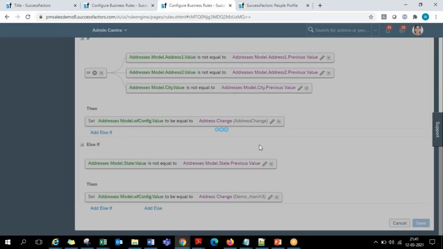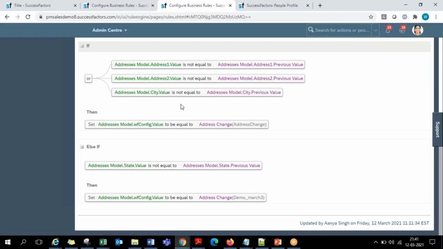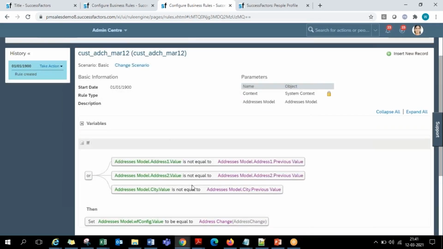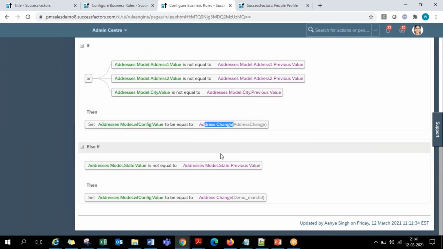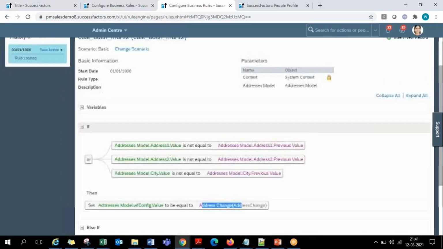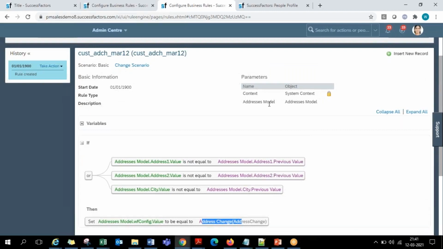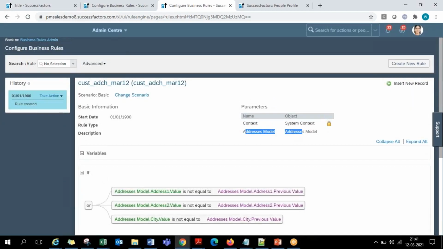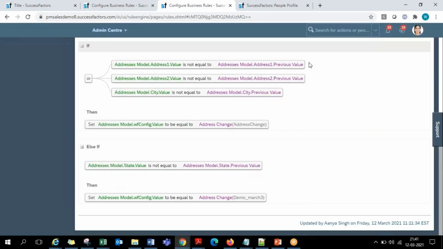So this way a rule will be ready. If these 3 fields are changed, one workflow, else if other field changed, some other workflow, like this you can keep writing your conditions. Okay, now with these rules, system is triggering the workflow. If any of these 3 fields changed, system is triggering the workflow here. Okay, so that is how we use the business rules concept to trigger the workflows, guys. Any questions now?